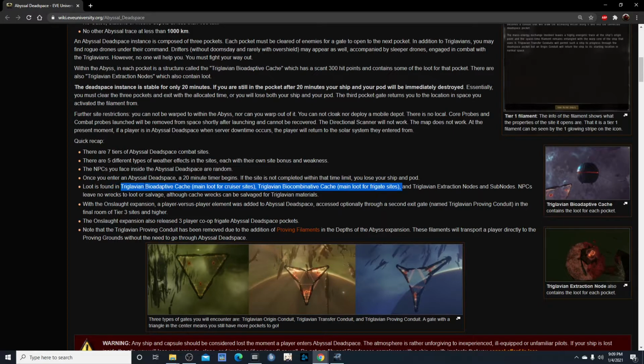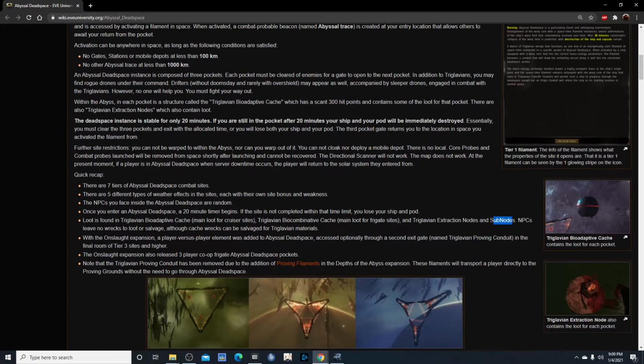Now, if you have time to get to the other nodes, which will be the extraction nodes and the sub nodes, you may also find relatively good loot. Sometimes it will be 10,000 ISK, 100,000 ISK, which is basically nothing, and it actually takes a lot of your time. You will not know which actual pod has the best, but relatively these will always have the best loot